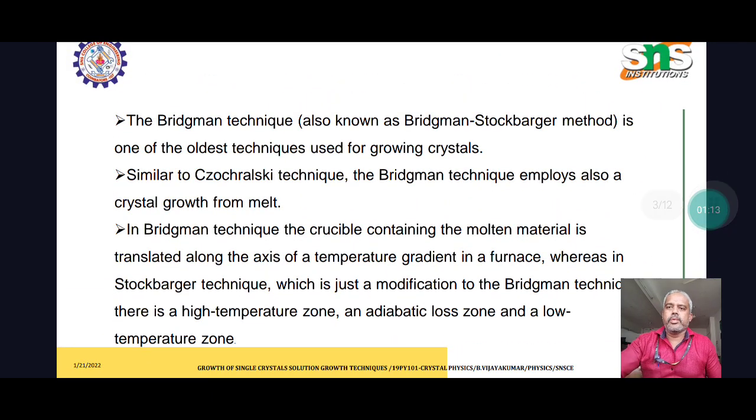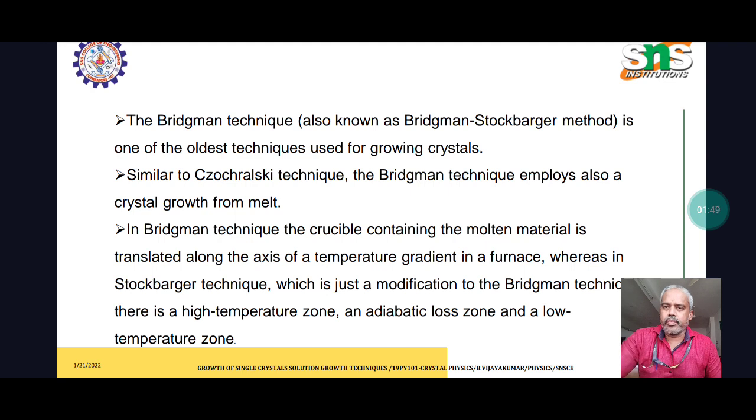and Bridgman techniques. The Bridgman technique, also known as the Bridgman-Stockbarger method, is one of the oldest techniques for growing crystals. Czochralski and Bridgman techniques both grow crystals from the melt. In the Bridgman method, the crucible containing the molten material is translated along the axis of a temperature gradient in a furnace, whereas in